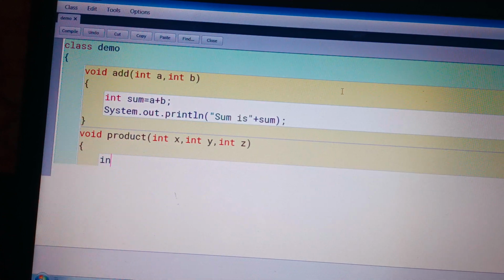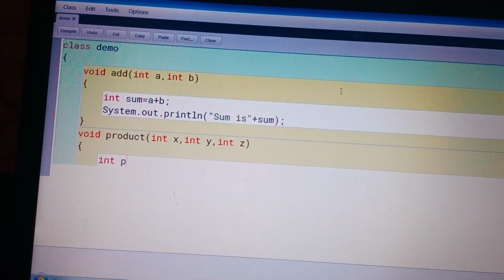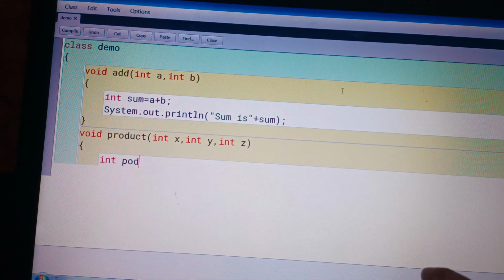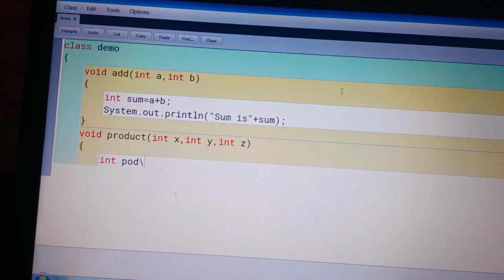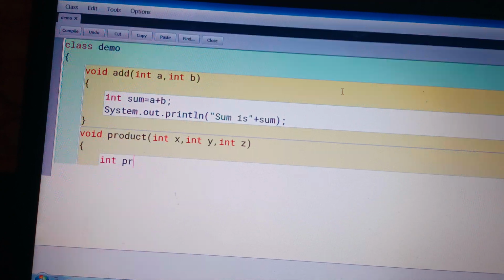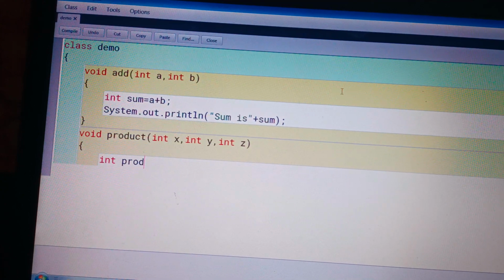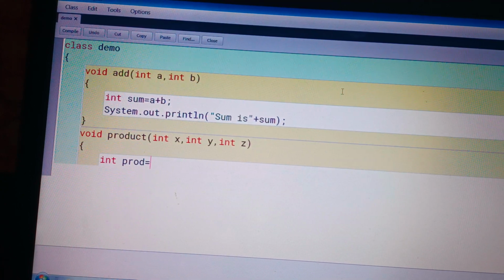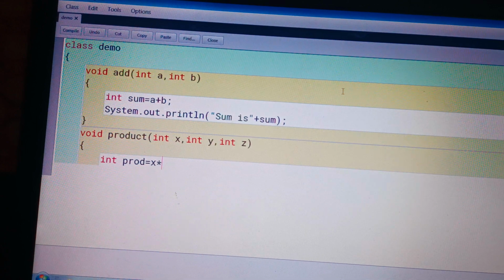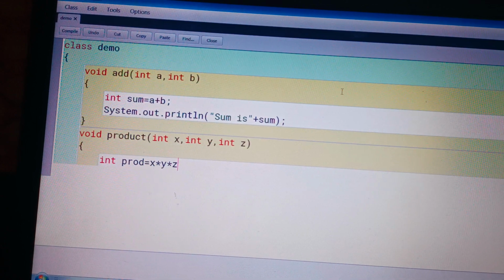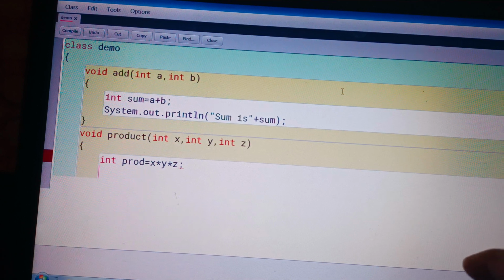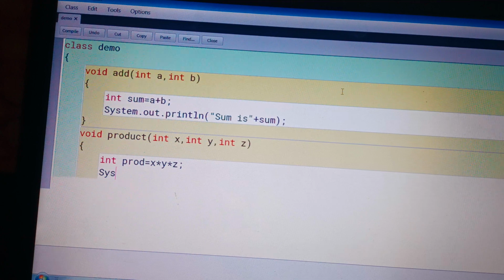So here I am taking another variable prod to store the product of these numbers, x into y into z, and print with system dot out dot println.